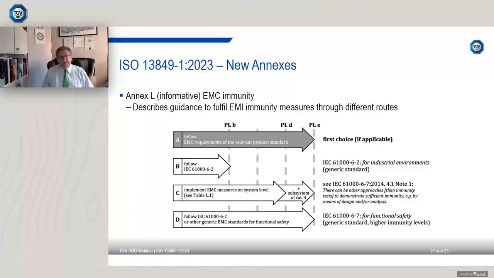In particular, EMC requires a relevant product standard for A, and 61000-6-2, 61000-6-7 for routes B and D. But it's route C, the part of route C, that is giving some cause for concern